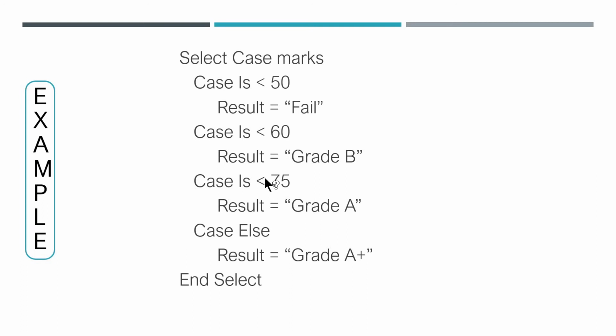Then in that case, there is a match, as 70 is lesser than 75. In that case, the message will be what here? Grade A. Grade A will be given to the variable result, right? Okay. Think that right now the marks entered by the user is around 90. In that case, all these three cases will not match. It will go for the else part. In the else part, what is the message here? Grade A plus. This will be given to the variable result, and select case will end with end select.